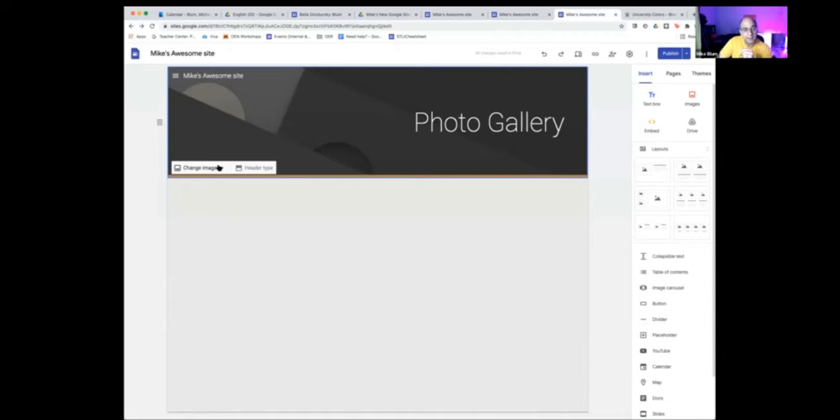I can also change my image. So I can click on change image. I can upload a new image, or I can select one of their pre-selected images. So if I upload an image,